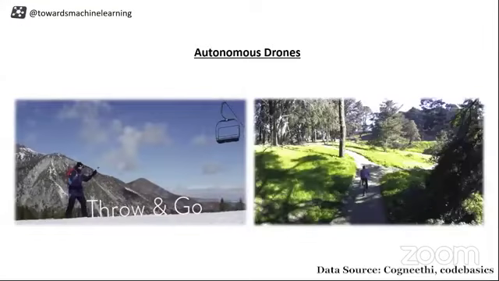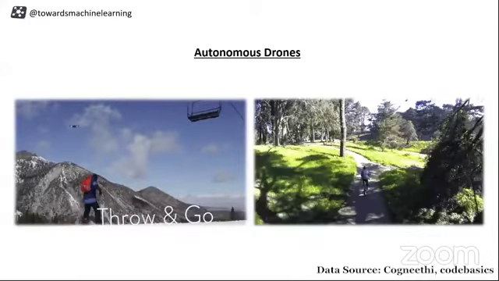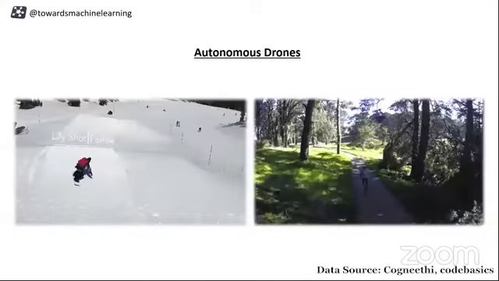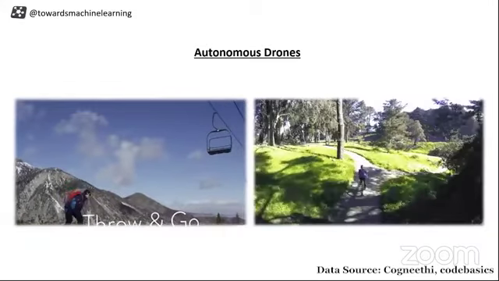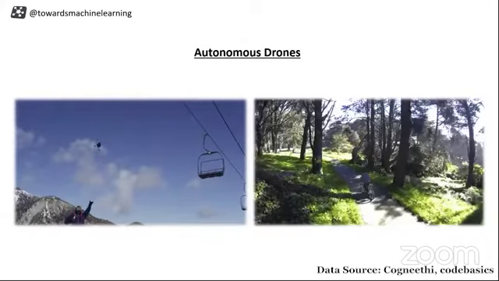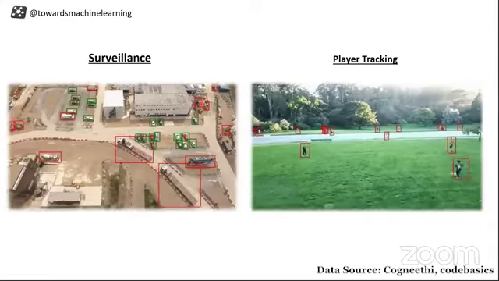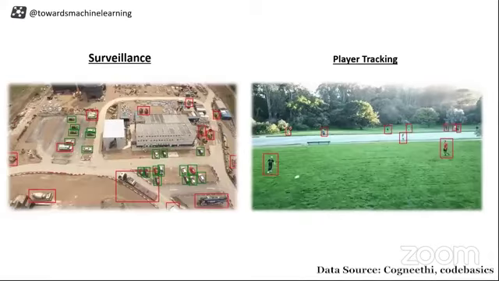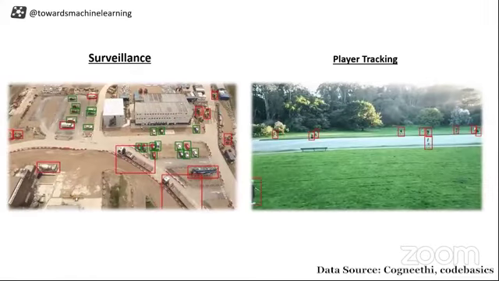Following that person who is cycling the bike will definitely require detection, right? The drone has to detect the person and follow him. So this kind of technology, of course, uses object detection. Next thing you can see is people use this for surveillance purposes as well. So this is a kind of smart surveillance.